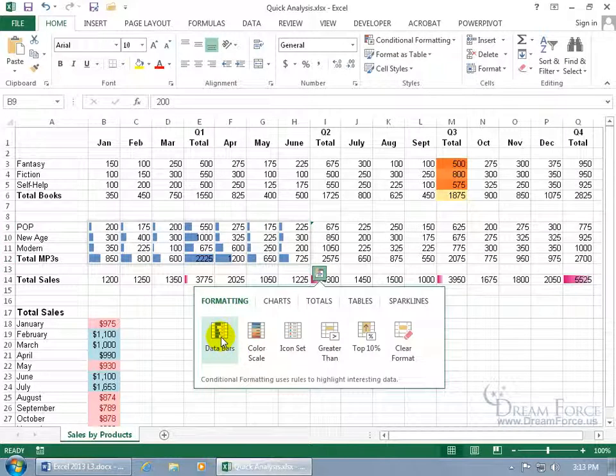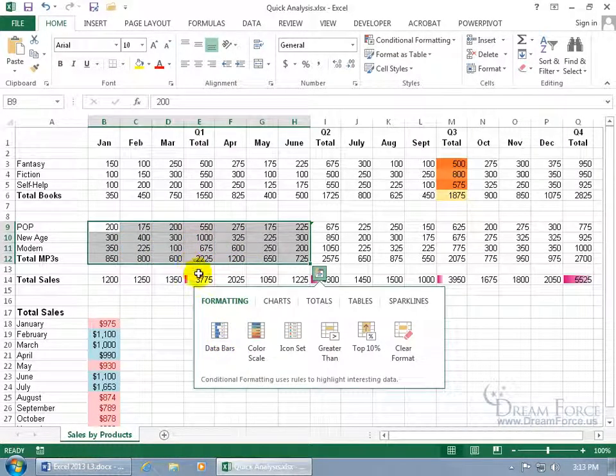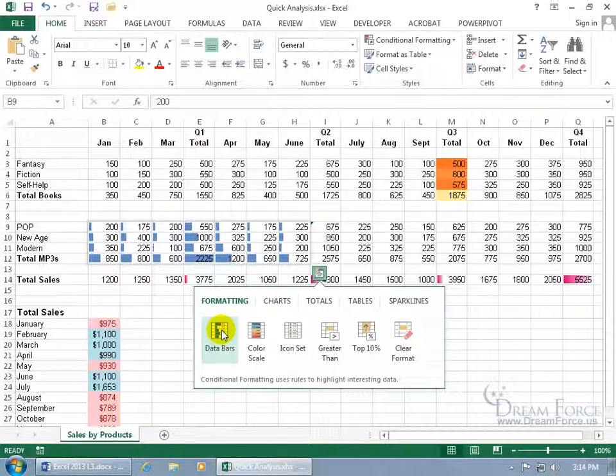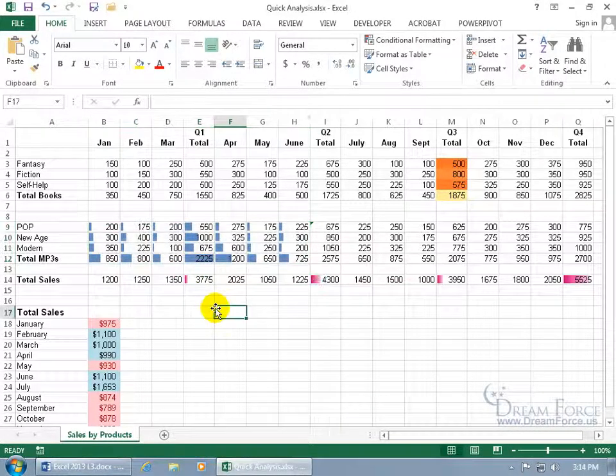And you've got data bars that when you hover over it, you can see that you get a preview in your selection up here. Let me go back down. See? There we go. When I click on it and click off, what it does is find the cell in the selection that contains the largest number and gives it the longest data bar, which is 2,225. And the cell that contains the smallest gets the smallest data bar, and then of course everything else